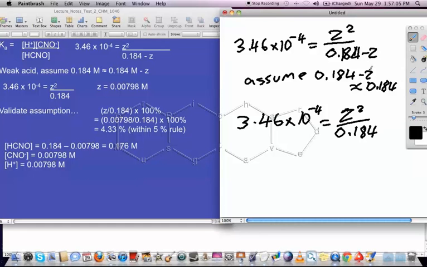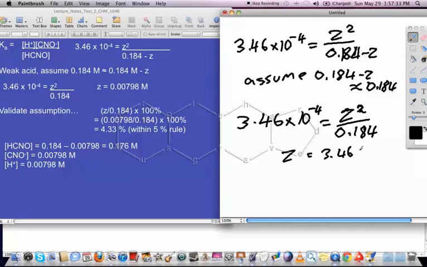Alright, so you can see what I've done is I've replaced 0.184 minus Z with 0.184, and my argument is that this is so small compared to this that I may as well just be talking about 0.184. Now, in a little bit I will be validating that assumption, and I'll show you how to do that in a second. But now I can actually go ahead and calculate Z, and the mechanics of that involve just multiplying